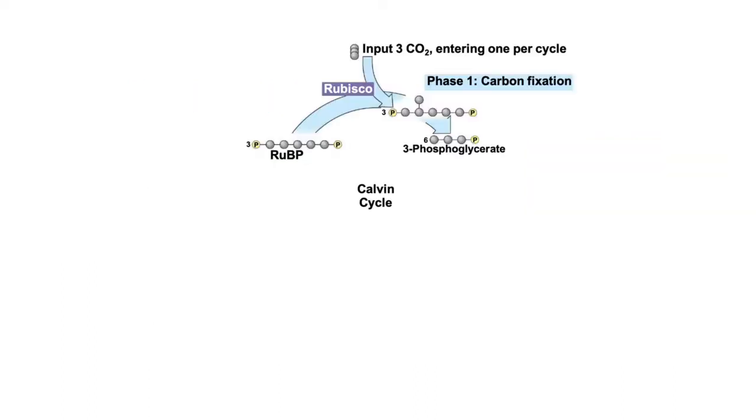Now, first of all is phase number one, which is carbon fixation. What happens here? There are a number of important actors here. One is the RuBP, the other is Rubisco, and the third one is carbon dioxide. Number one, please take note of the number of carbons. If you take a look at the RuBP, you will have 1, 2, 3, 4, 5 carbons. Now also take note of the placement of the phosphate. The first phosphate is connected to carbon number 1, while the second phosphate is connected to carbon number 5. That's why the name of this molecule is